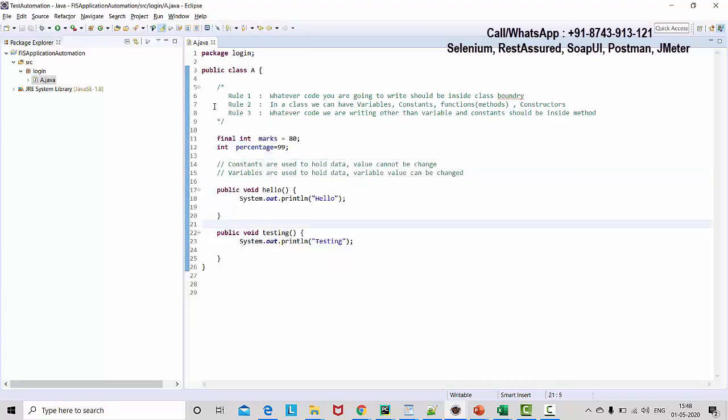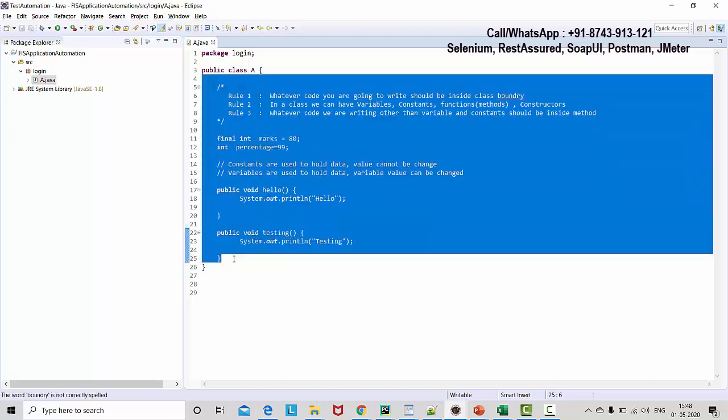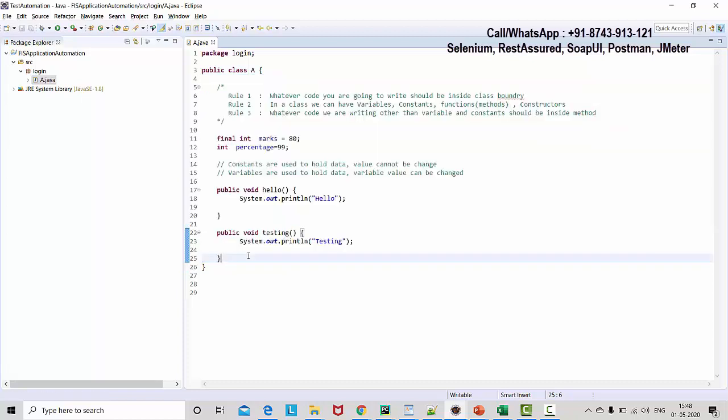If you think it will execute from top to down, the answer is no. Here it is not top to down execution. So how will it execute? If you have gone through C or C++, you have noticed there is a method with the name main. Main is the starting point. Starting point means from where the execution will start.